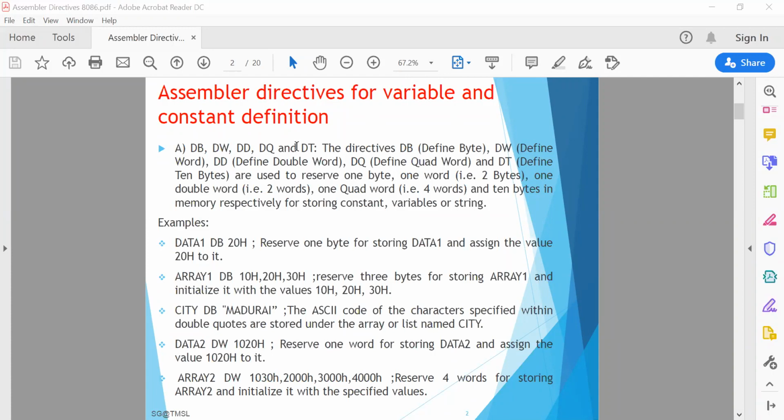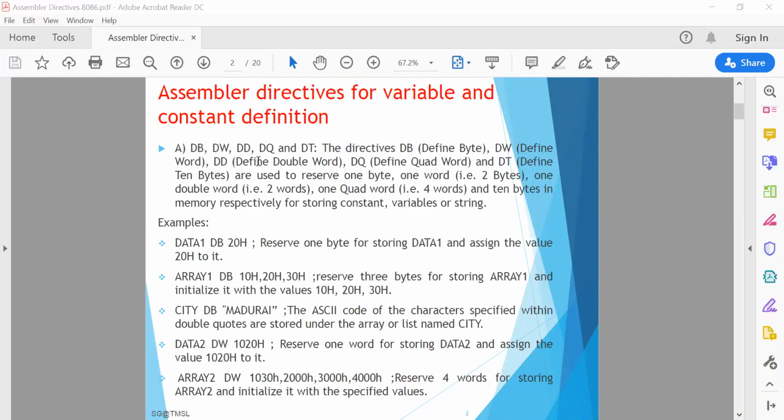That may be a constant, a variable, a string, etc. Another option of this directive also initializes the reserved memory bytes with the ASCII code of the character specified as a string. These are the examples.